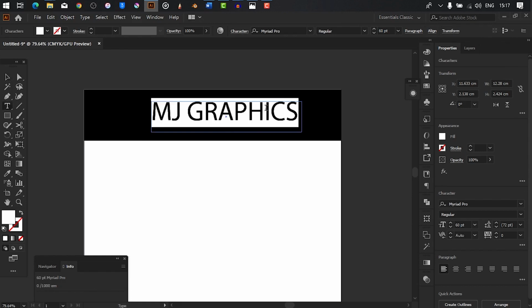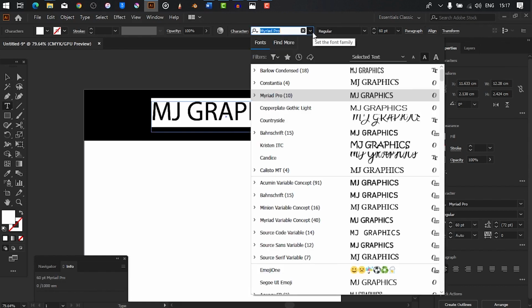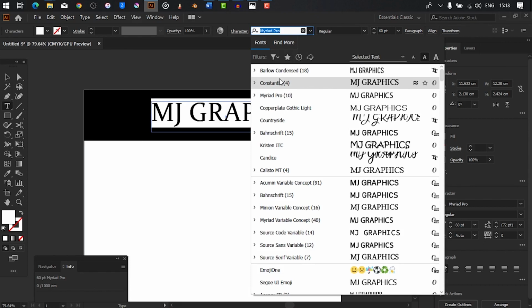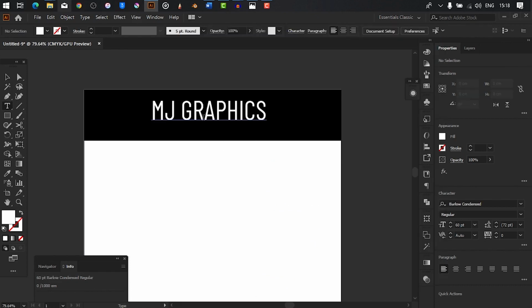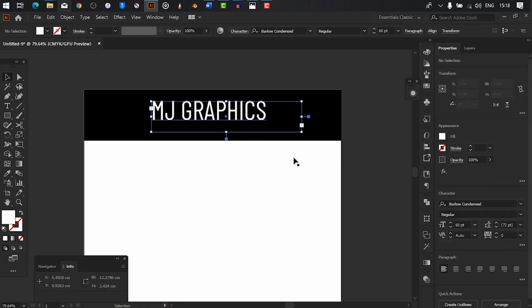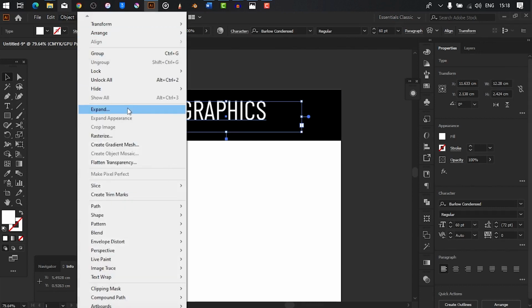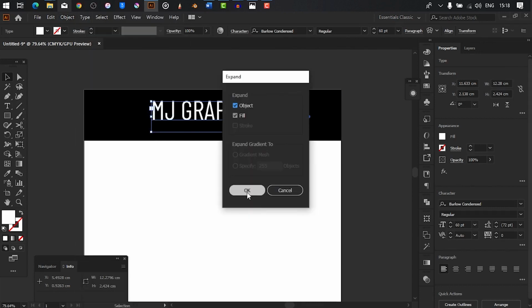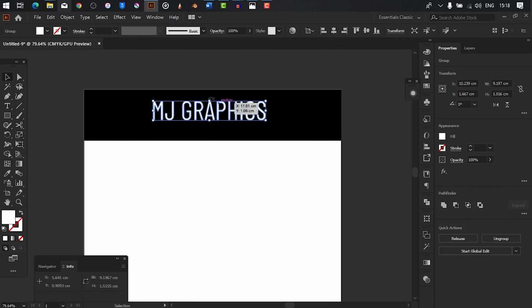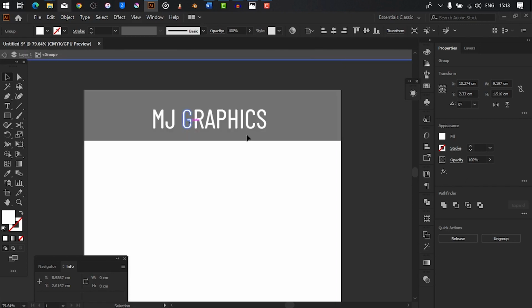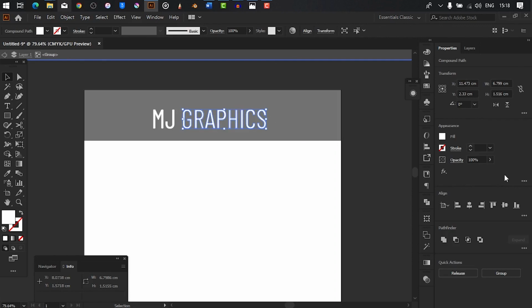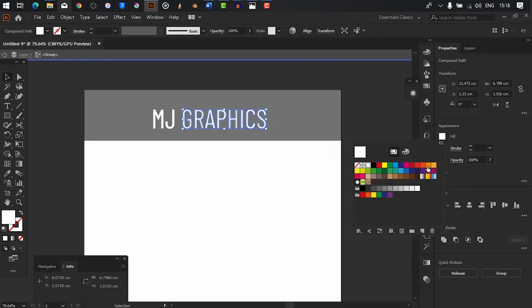We are going to change the font. We are going to be using Barlow Condensed for this. We are now going to expand this text by clicking on it, going to Object and using the Expand button. Pressing OK, we now have this. We are going to change the color of only the word graphics here. We are going to highlight it by triple clicking on the text, select only the graphics, go to fill and change it to an orange color, let's say a yellowish color,